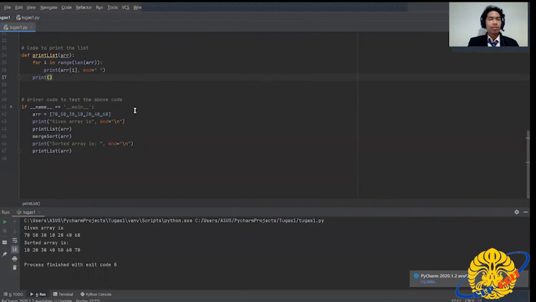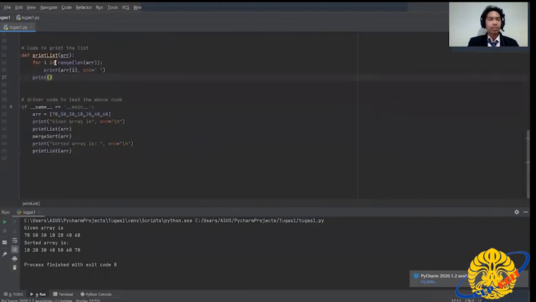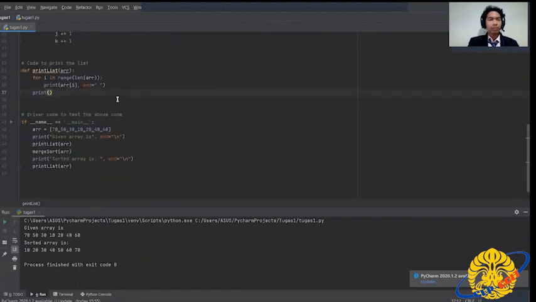And then next is to test the code above. So basically to test the code in here. The array that we input is 70, 50, 30, 10, 20, 40, and 60.